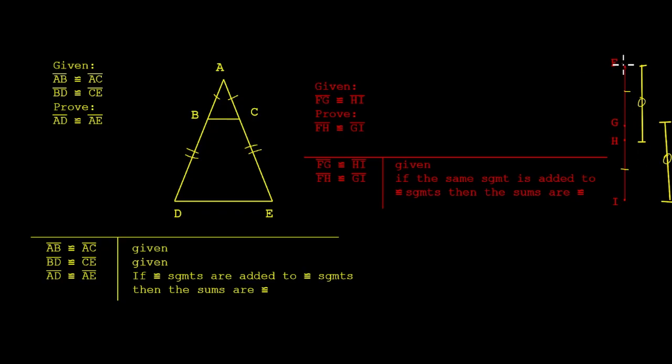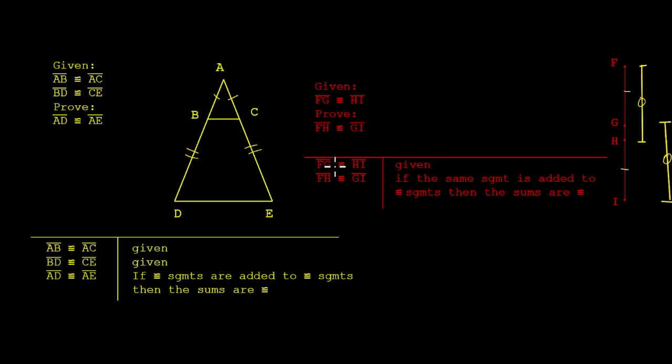Now the reason for this: if FG is congruent to HI, and we add GH to both, GH is congruent to itself, then FH and GI must be congruent. So again, let's say that FG is 5 and HI is 5, and then GH is 2. Well then, 2 plus 5 is 7, 2 plus 5 is 7. So make sure you can see it with the numbers, but make sure you can do it without the numbers as